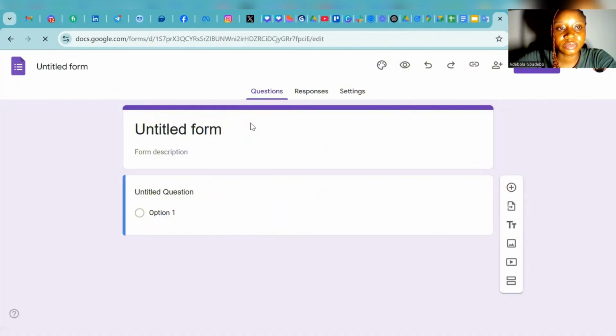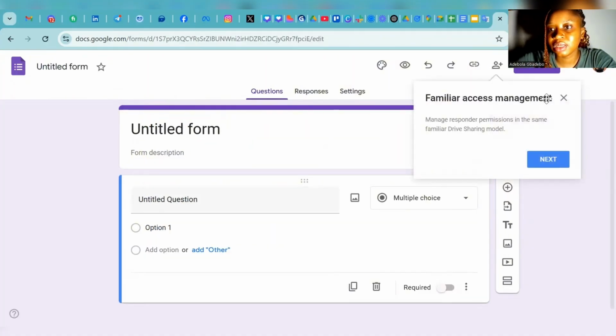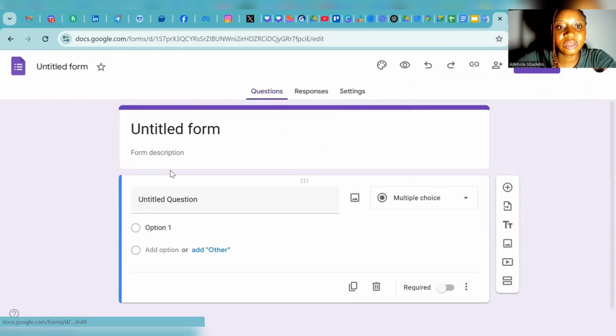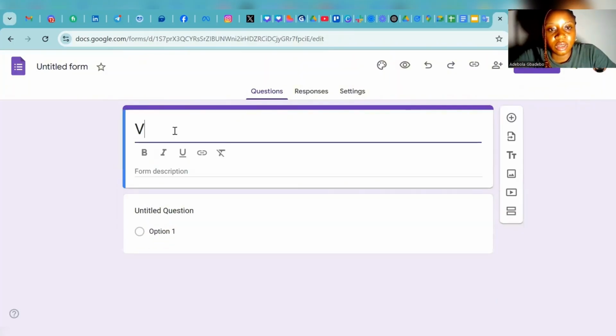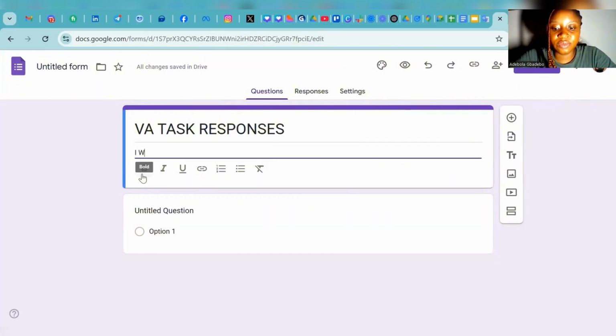So you click on create form and it's automatically brought us here. So you fill everything you want on the form title. Sorry, you put the title here. Let's say VA task responses. So you put a description. I will love, sorry, not in that. I will love to get responses